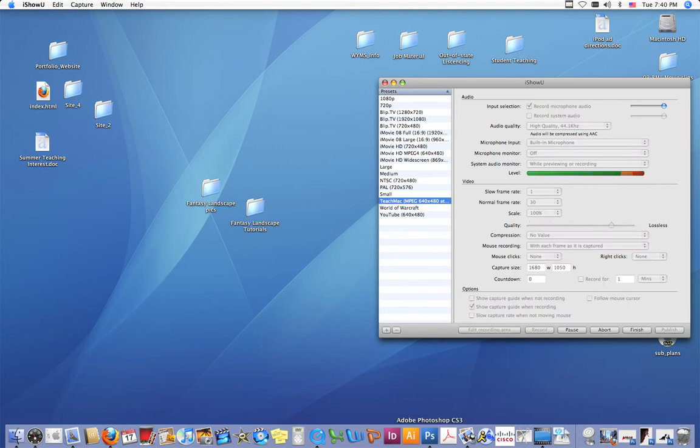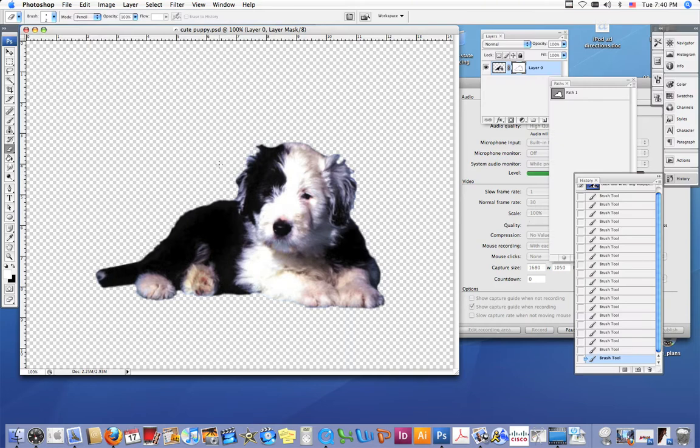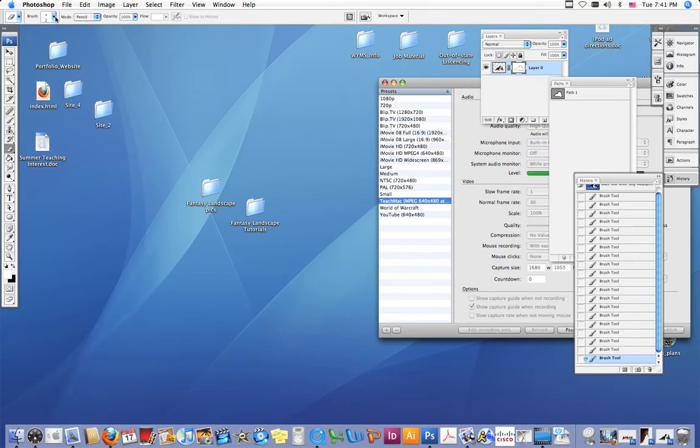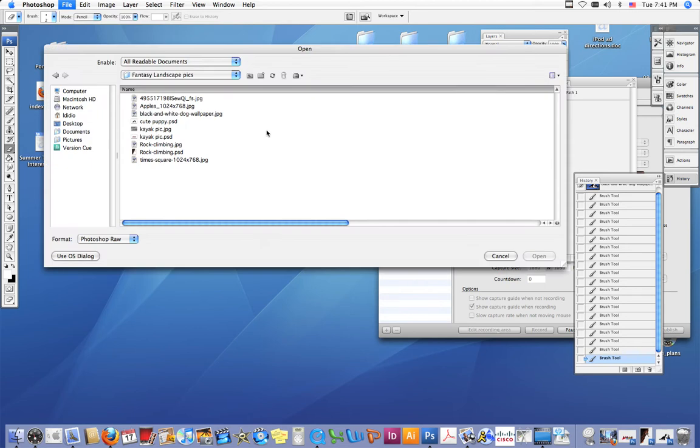Now, in this next tutorial, I'm going to show you how to open your background image that you've chosen for your landscape and how to add all of your other photos that you've just edited or added layer masks to and chopped them out to your background, and then we'll begin to arrange things and resize them to create your fantasy landscape. Okay? So, first thing you want to do is do a File, Open, go to your iDrive in